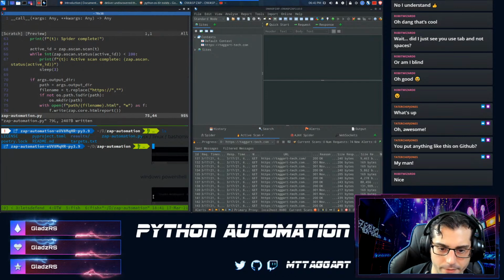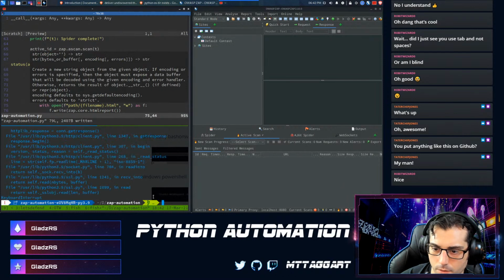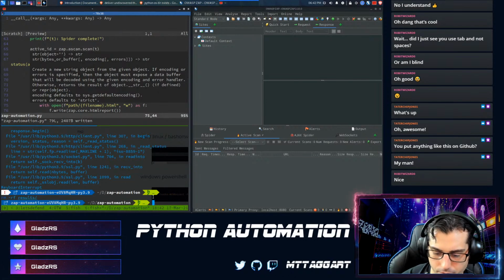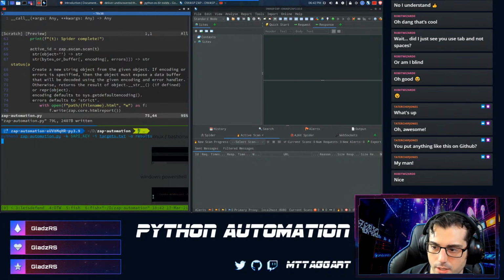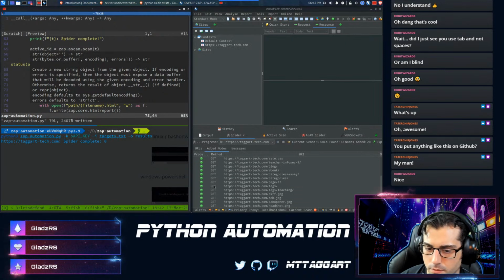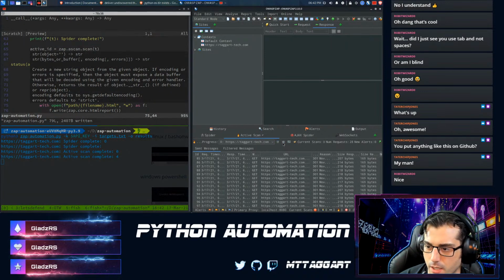There we go. Now we've got an actual file name. Oh, wait, just kidding. Gonna remove results first, and then we'll try this again. Don't care about the active scan. Keep going.